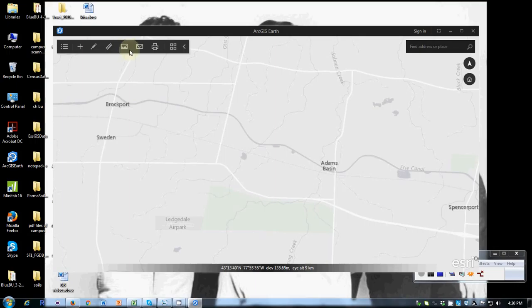Rather, this lets us export in a more orderly way to an image of whatever map that's created in